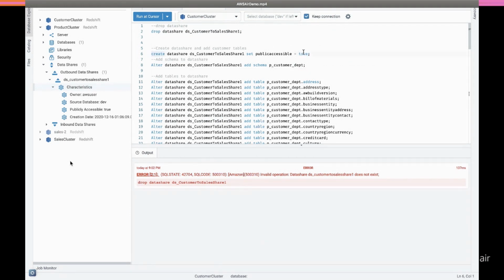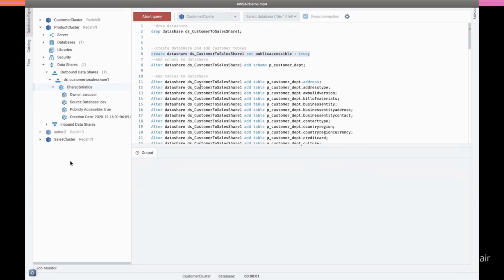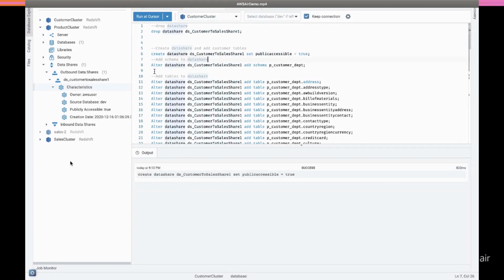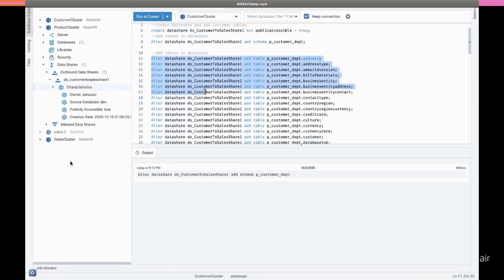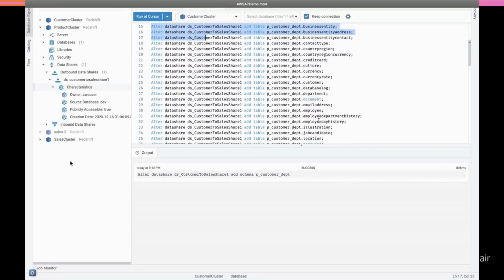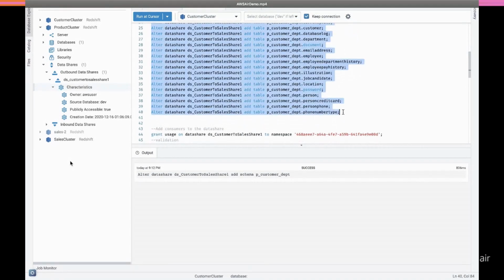I'm going to repeat the same exact process from the customer cluster. The customer cluster wants to share some data also to the sales cluster. So we are again creating a data share. The customer cluster is adding data to this share. As you see here, we are adding a number of